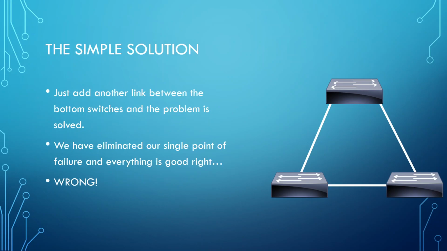Now you may be thinking, wait a minute, Abdul, I have a solution for this. The simple solution: all we need to do is attach another link here. That means if this link does go down, I can just use this link, or I can actually use both links to send and receive data, which means increased bandwidth. Now that is true. To be fair, you've sorted out our single point of failure. We have redundancy. However,